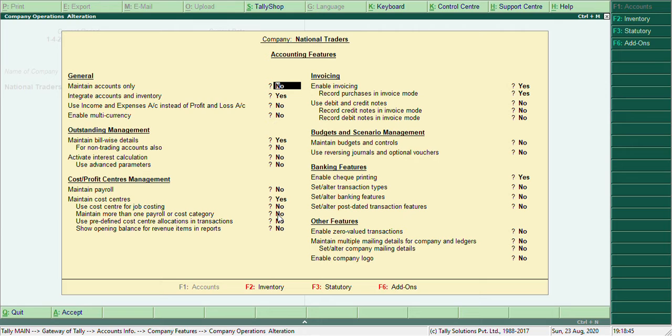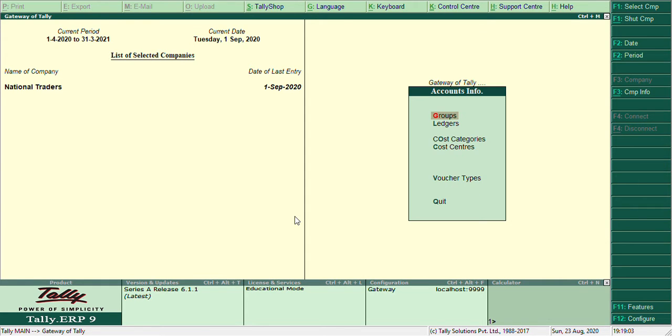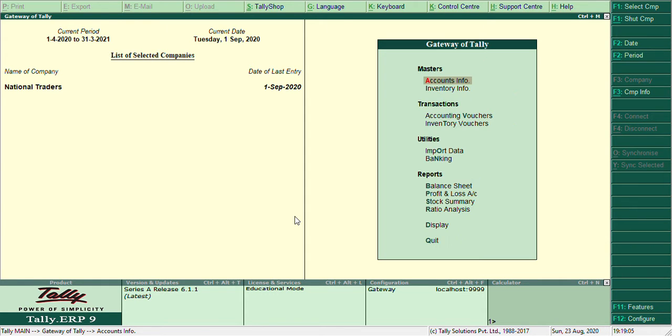By default there is one cost category created, that is the primary cost category. If you want to create more than one, you have to press yes for this option, then accept it. So we will see where exactly we can create the cost categories.